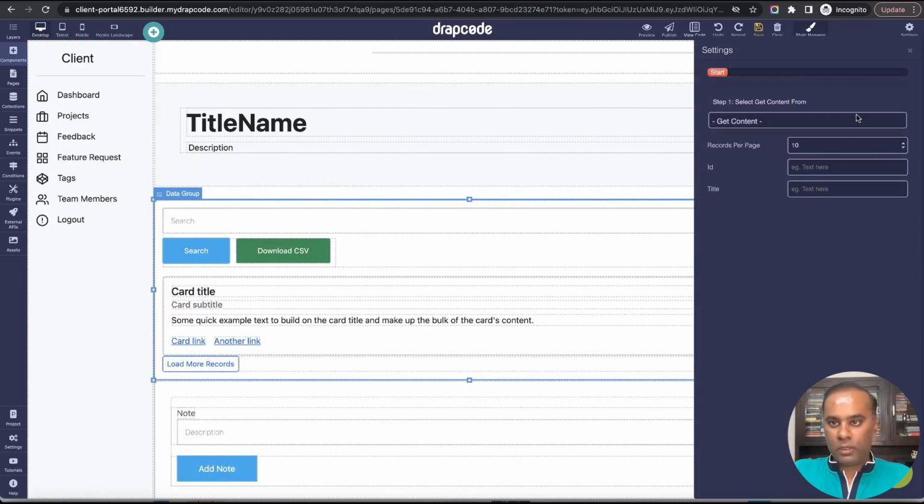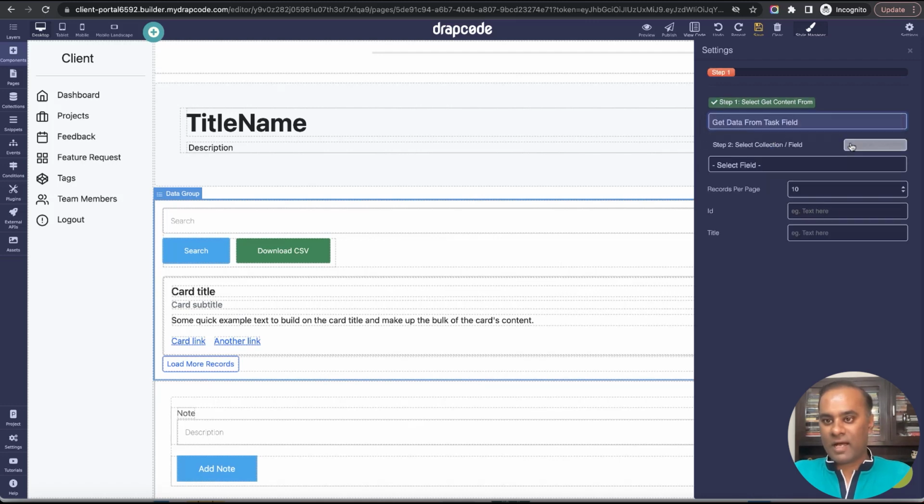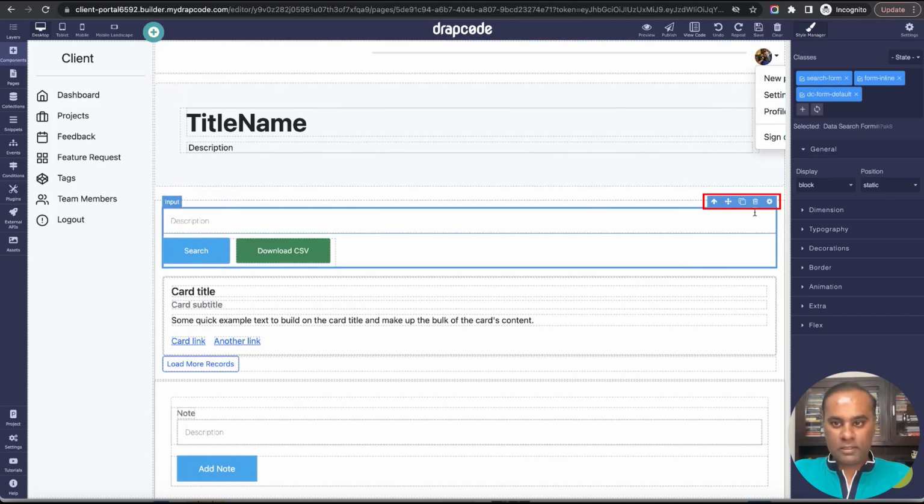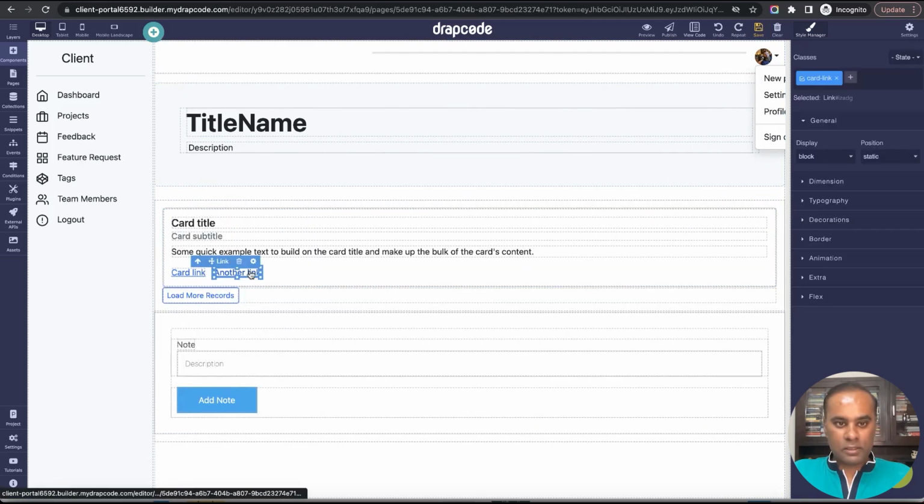Drop a data group. Same thing, I'll say get data from task field. Which field? Task nodes field. So it will bring me all the properties of the task node. I'll just remove this, and this is probably